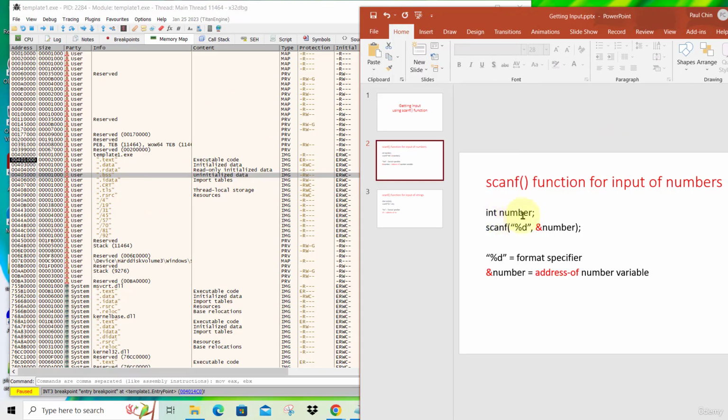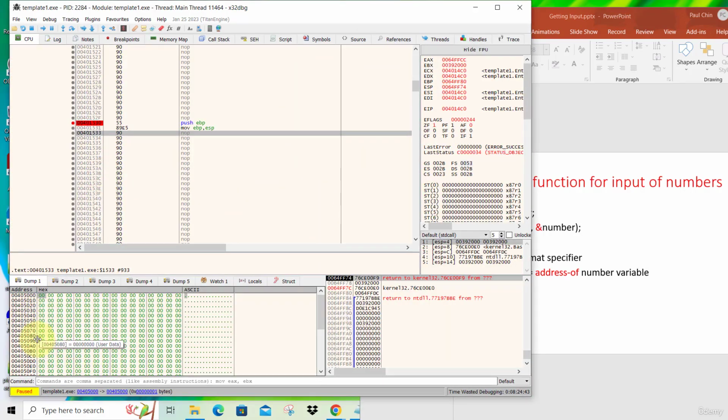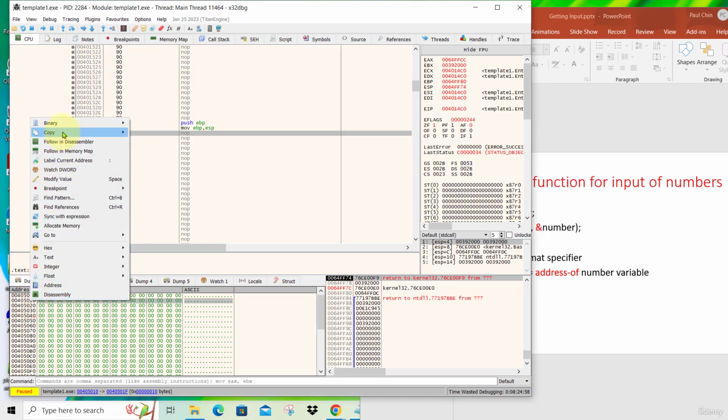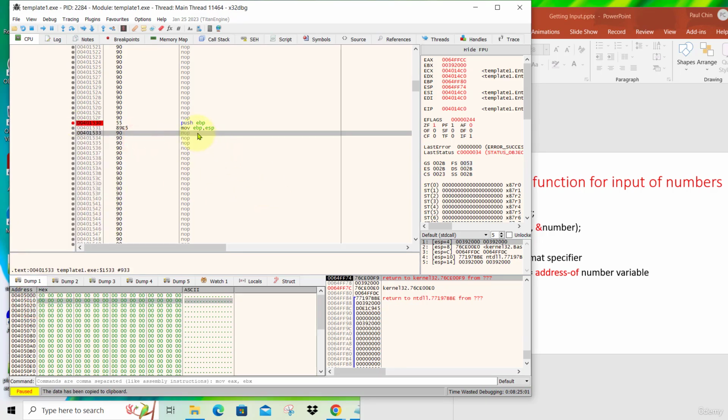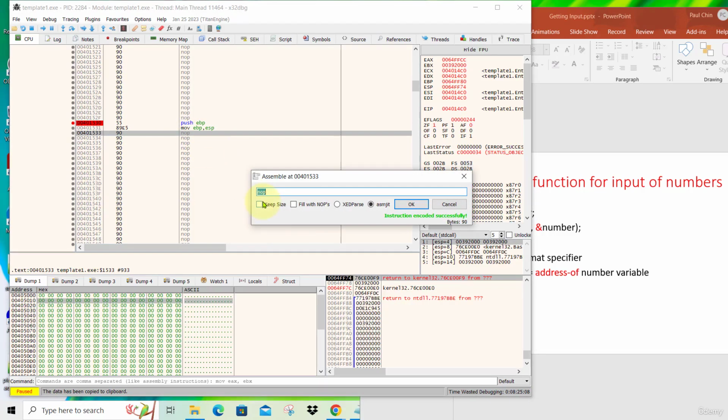So now let's start by allocating the address for storing your number. This is a variable, so we're just going to store it in the uninitialized data segment. We double click on BSS and we can use any location here. They are all free. So let's say we take 405010, this one. We can right click here and copy this address. Then over here we can use the push. We press spacebar and then we type push and then the address, paste it there.